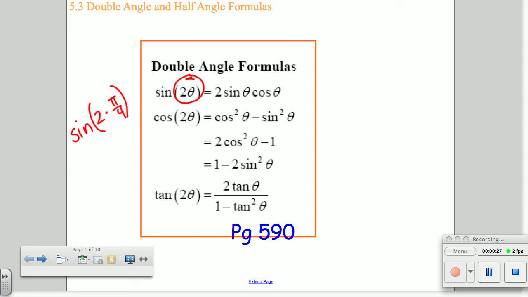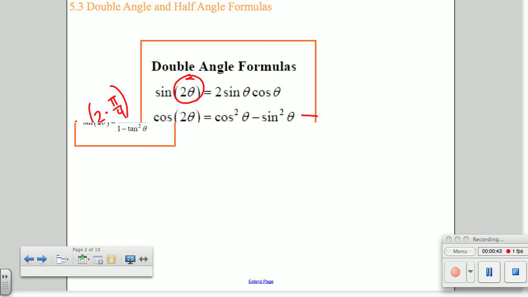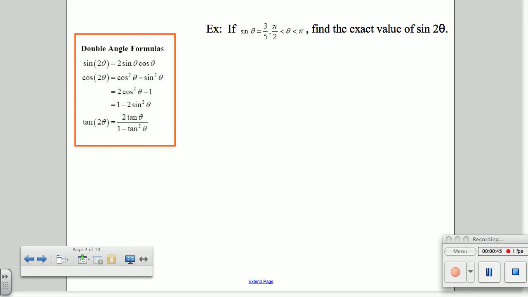If you look for a minute at these formulas, you'll notice that cosine has 3 different formulas. You have 3 options, and really you're going to pick which one to use based on the information you're given, but you have 3 different options there for the cosine formulas. So let's go ahead and take a look at our first example